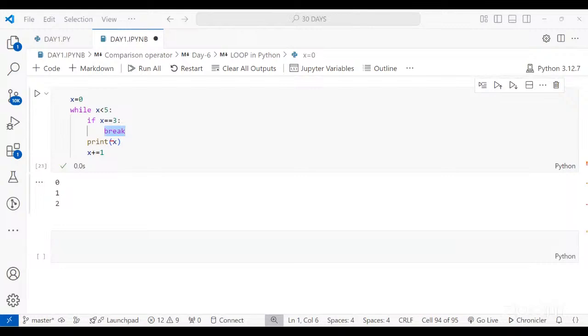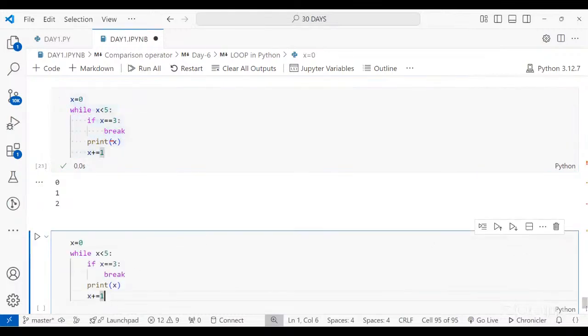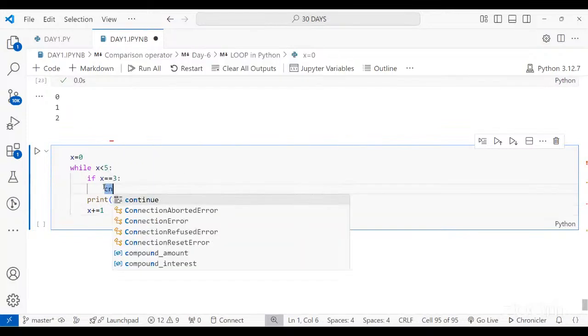If I wanted to skip 3, then I can simply replace break with the continue statement. Let me just copy this again. And instead of break, I will write continue, and this will instantly